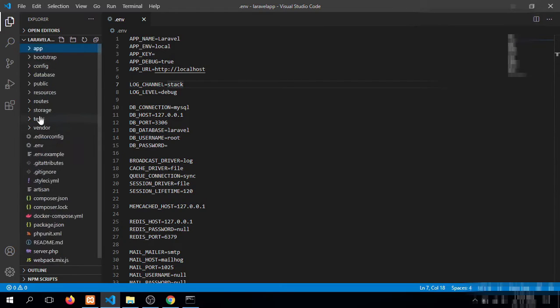In resources, we will add all of our HTML files and CSS, JavaScript and images and so on.